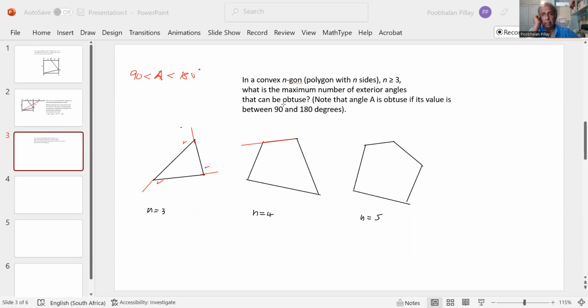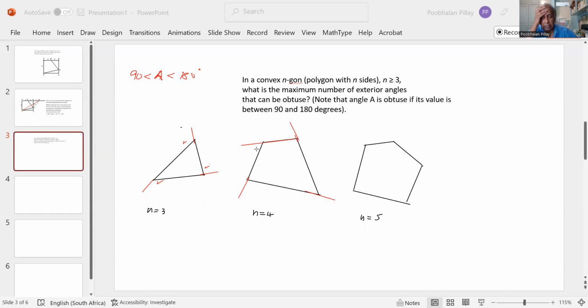You want the maximum number of exterior angles that can be obtuse. So can you have more than 3 angles which are obtuse? All right, so you see the exterior angles, one very important fact about an exterior angle is that if you draw the exterior angles of any quadrilateral,